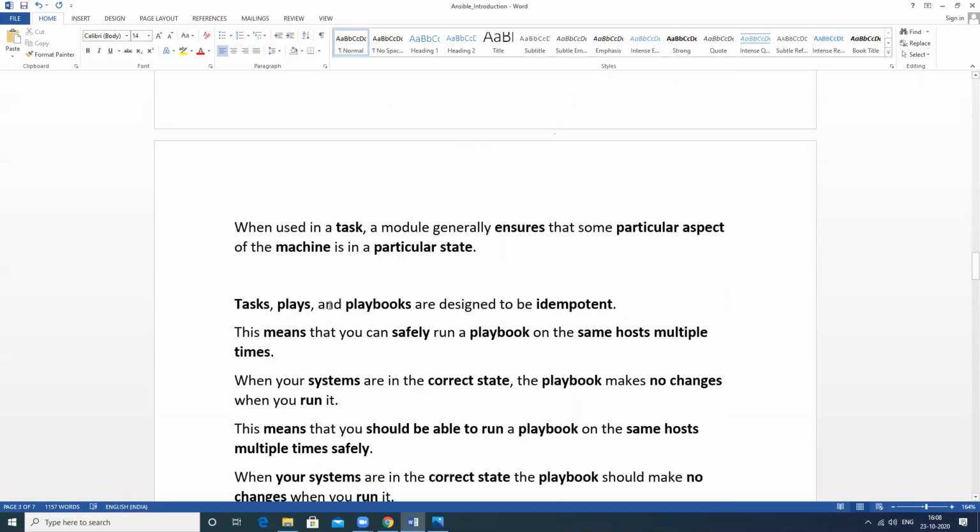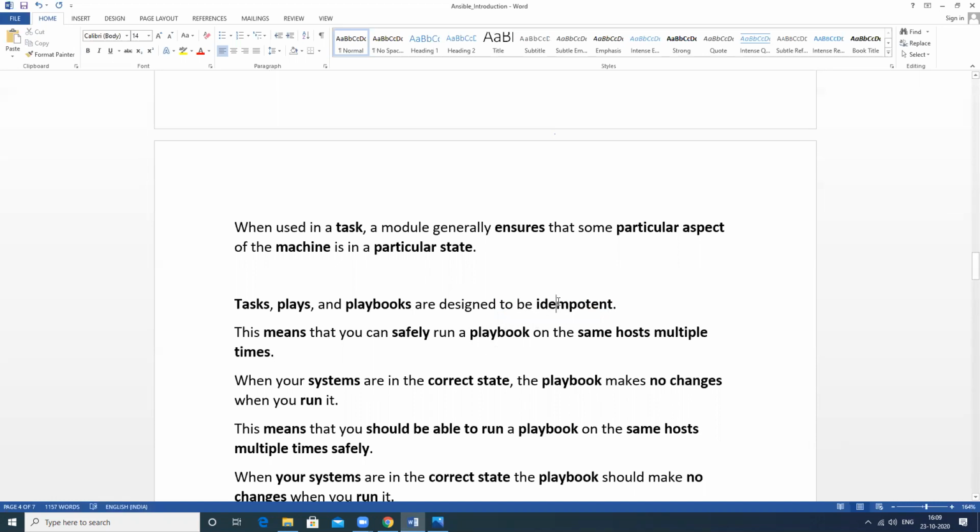When we perform any task using the modules, every particular module has the property of idempotence. So what is idempotent? Idempotent means when we push a playbook one time, two times, three times, it will run and it does not show me any error.